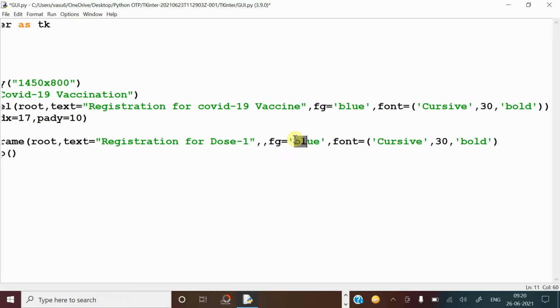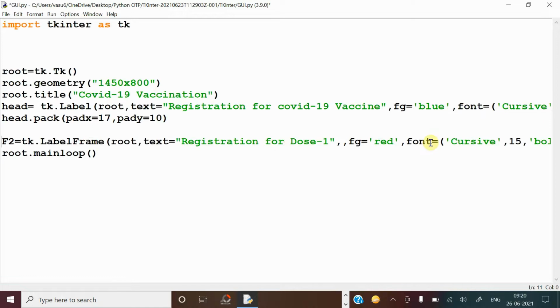Here label color I'm keeping the red, and I'm keeping the font size as the 15. So like this I have created the label frame.